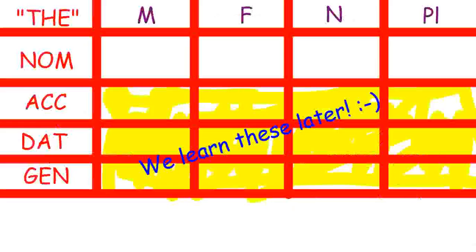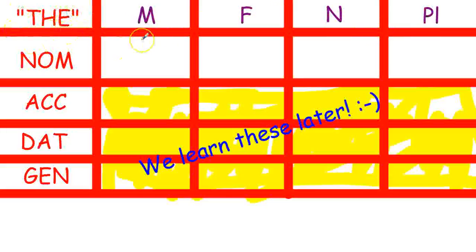So this is a chart that you're going to become very familiar with in German. We're going to see it multiple times, and you'll notice that it's labeled M for masculine, F for feminine, N for neuter, and P for plural. And if you recall, I mentioned that there are four cases in German: nominative, accusative, dative, and genitive. Right now, we're only worried about this case, okay? This case,